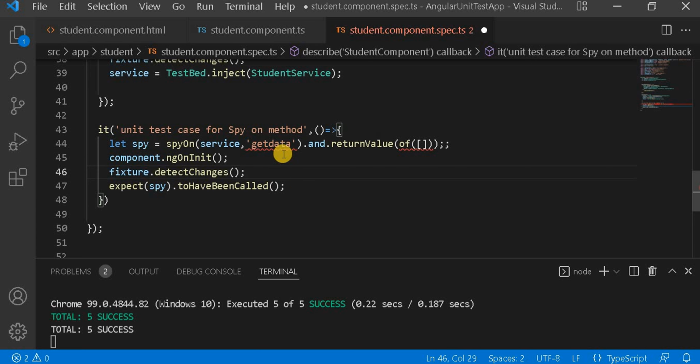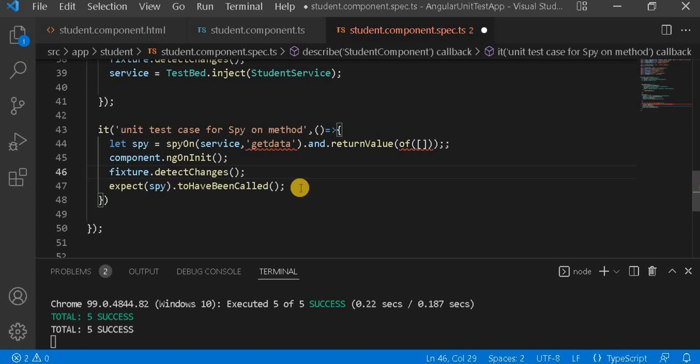If the particular method does not exist and we want to create a method for our testing purpose, for example, if from the component we are calling a particular API and that API is hitting our database, but with the unit test case we don't want to hit that database, then we create our own dummy method and, through that dummy method, write the unit test case.